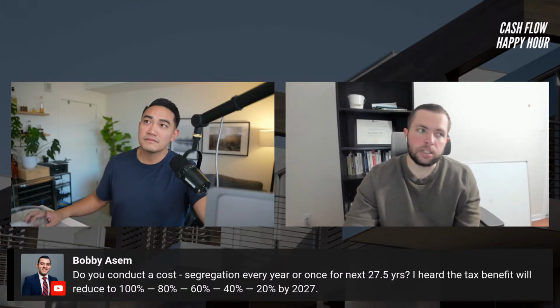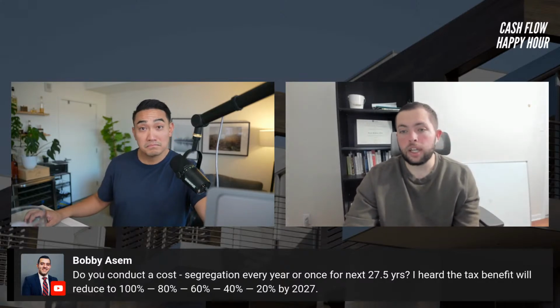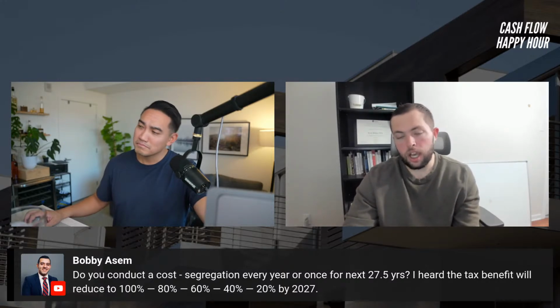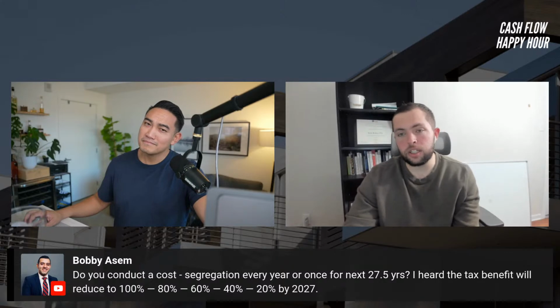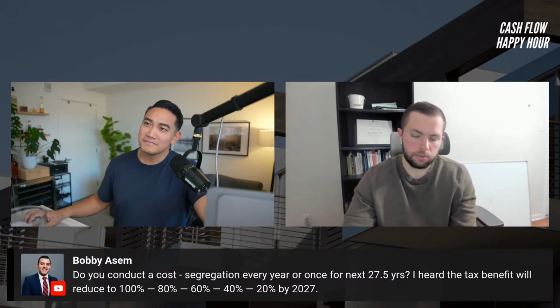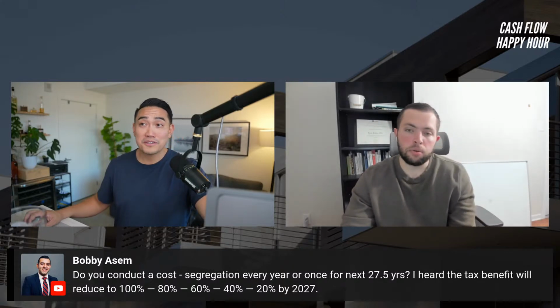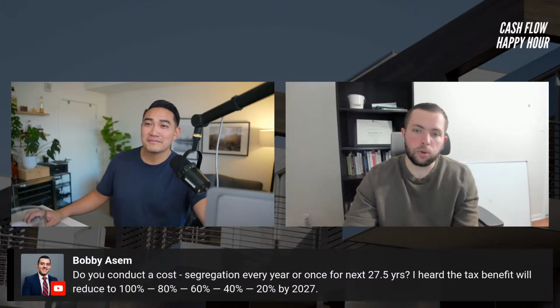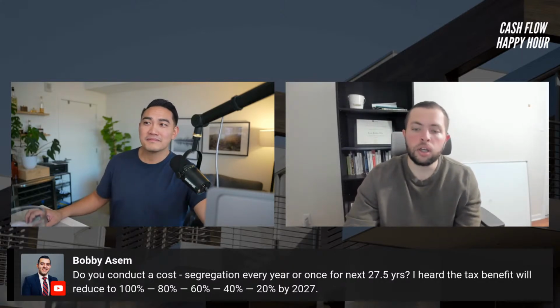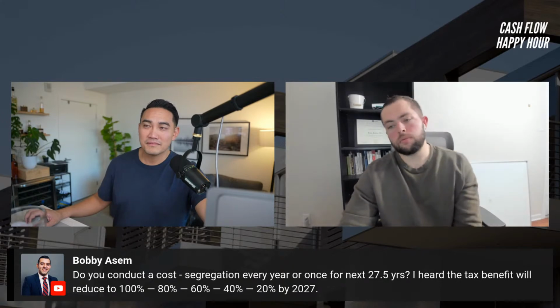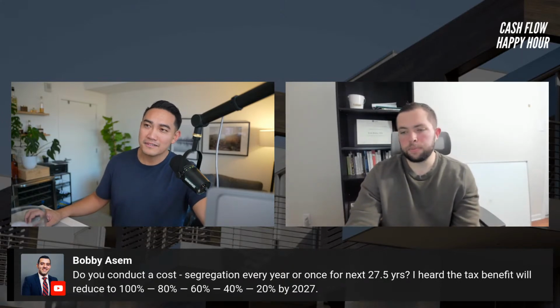As long as you place the property in service this year, you're able to do a change of accounting method in 2023 and take 100% in 2023, not 80%. It's all based on when the property is placed into service originally. So if you bought a property in 2023 and placed it in service in 2023, you would only get 80% of the benefit. Yeah. Well, that's fun.